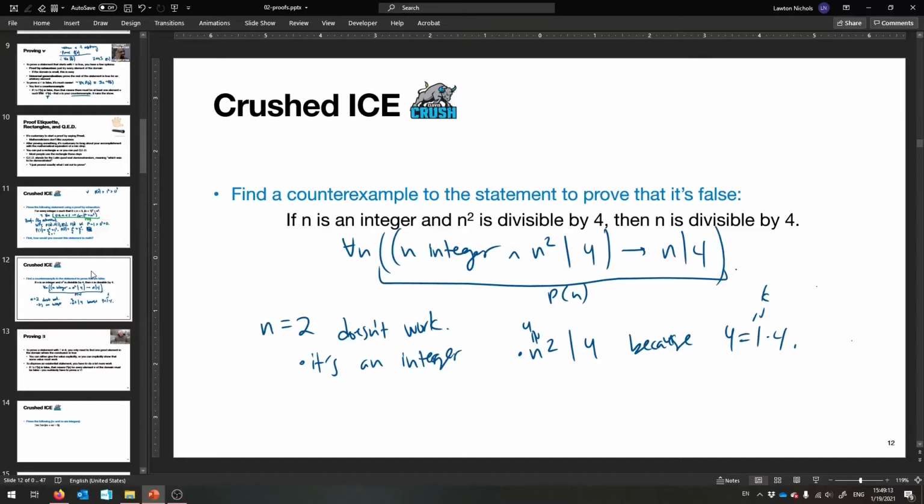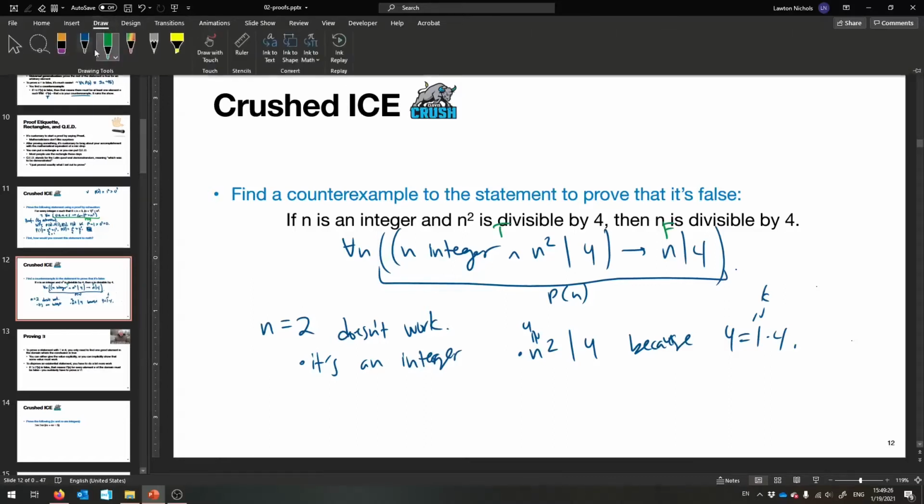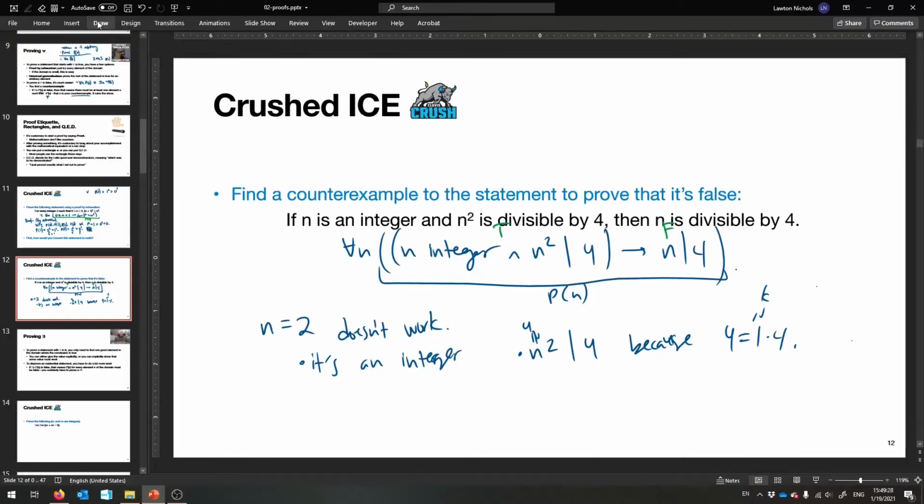But, and this is why it's false, because the one way to make an implication false is for this side to be true and this side to be false. Okay, so that's what you should have been trying to accomplish. So this side, make this true somehow, and then make this false. That's how you make the whole thing false. Okay? Now is the kicker,